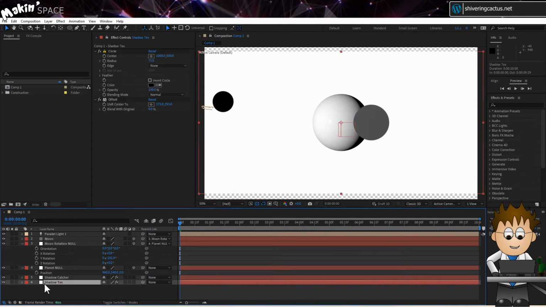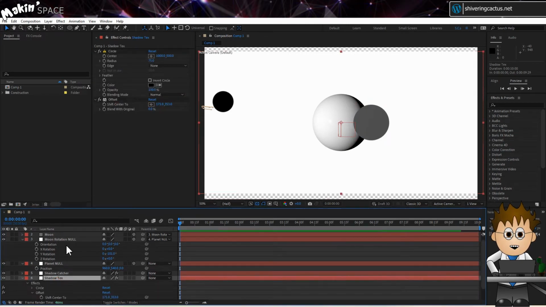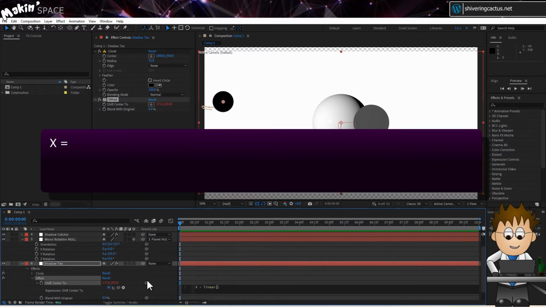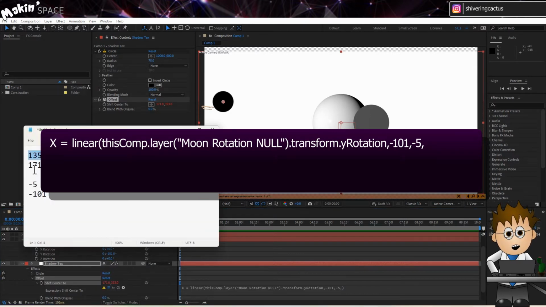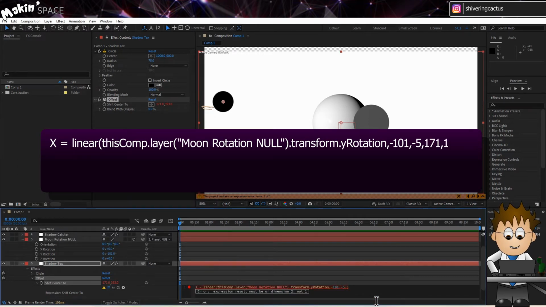So holding the Alt key, click on the offset position stopwatch and type x equals linear, brackets, and use the pick whip to link to the Moon Rotation Null's Y rotation value, comma, and type in the lower of the two angles, comma, and then type the other angle, comma, and now add in the offset position which corresponds to the first angle you entered, comma, and now the second position, close brackets, semicolon, y equals, and for now let's